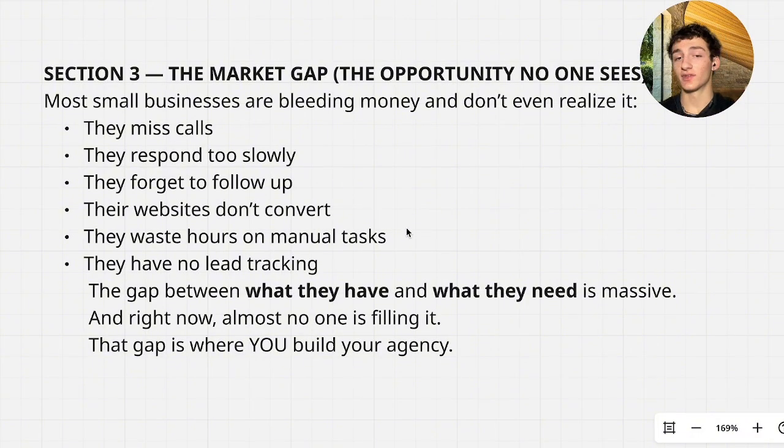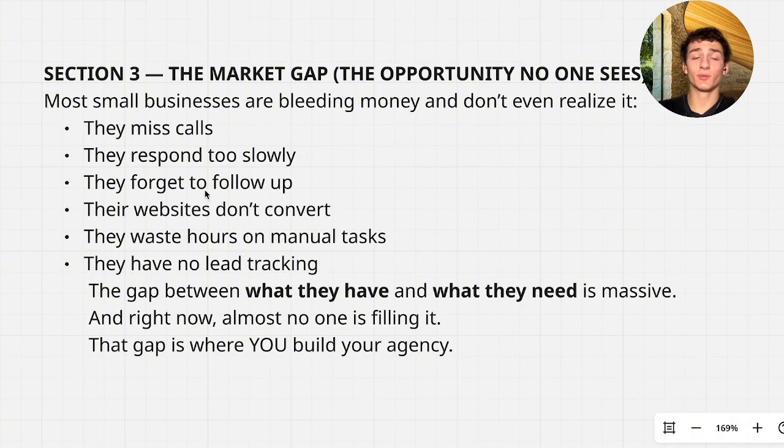So a lot of these businesses are still on pen and paper, and most people are going to tell you, target plumbers, target landscapers, target med spas, or whatever it is. But there are so many small businesses inside of the US, if that's where you're located, and all around the world, obviously, in any different niche that you can think of. This is what I did one day, because I noticed that I was just locked away working on my laptop, and I forgot about the amount of small businesses around me. So I got in my car, and I started driving around. And I just noticed 100 different places in niches that I never even thought of.